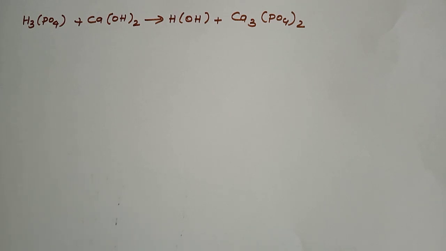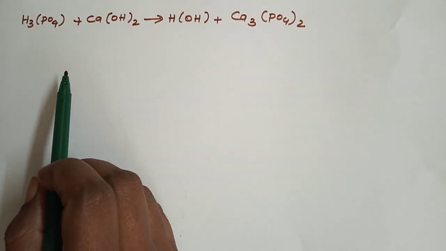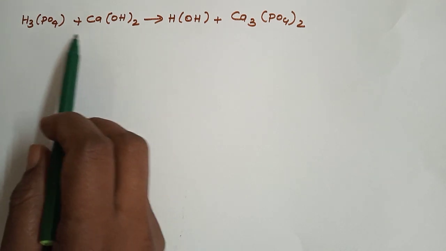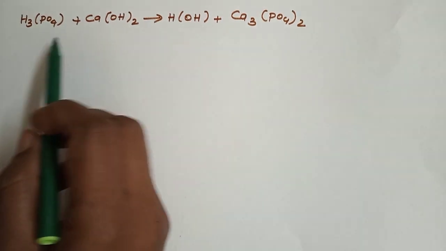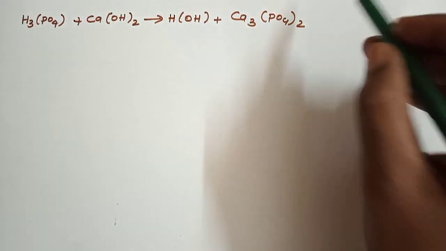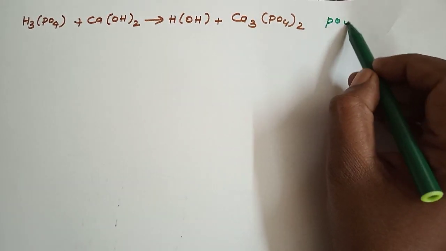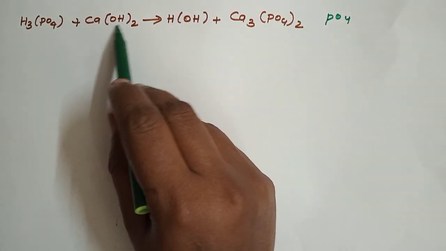Okay, I hope everybody understood this balancing of chemical equations. Yes or no? How to balance the chemical equation? Yes. Okay, now all of you see here. First, what do we have to see? We have to see whether any compound, polyatomic things are there. Yes, we have PO4, so we write that first. Next, anything? Yes, OH we have.